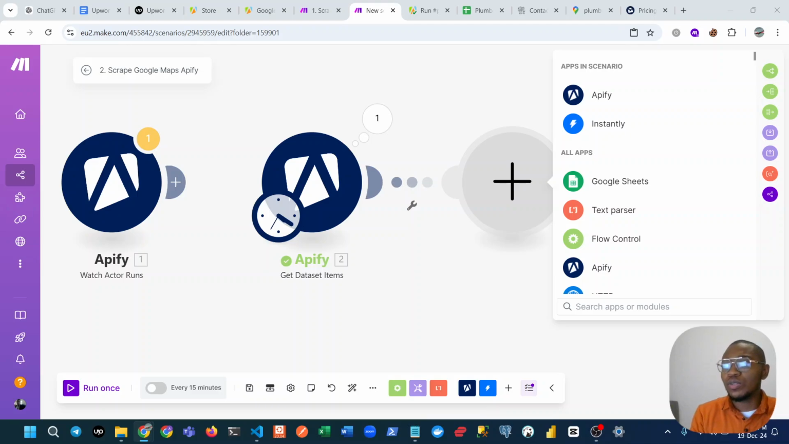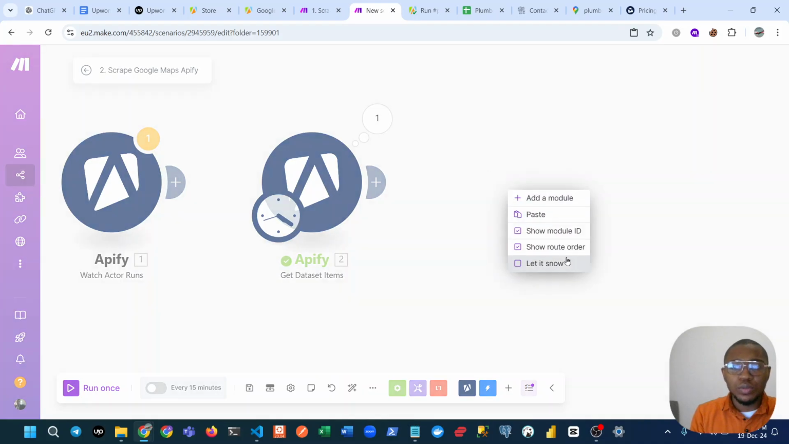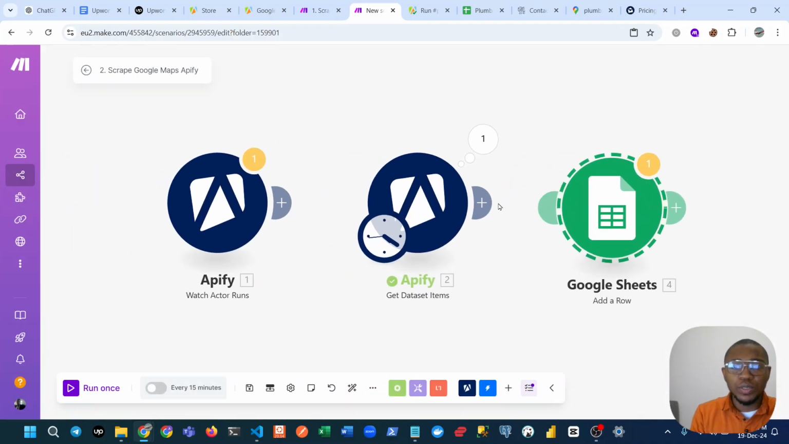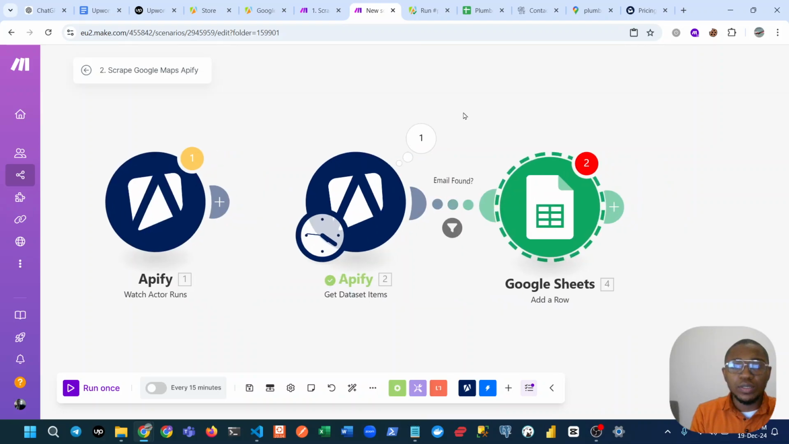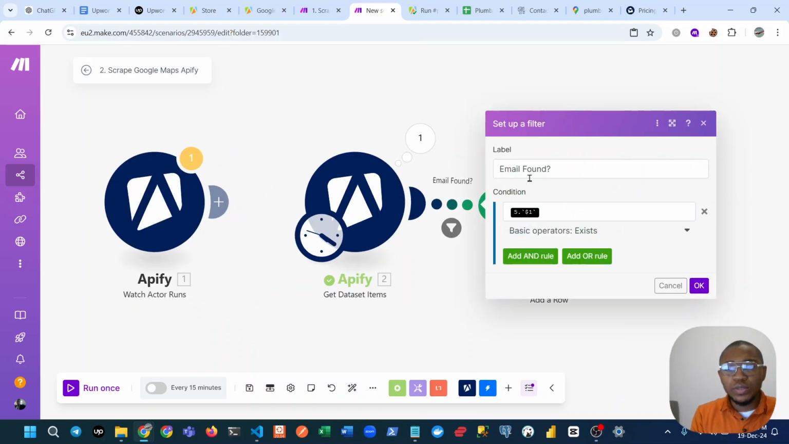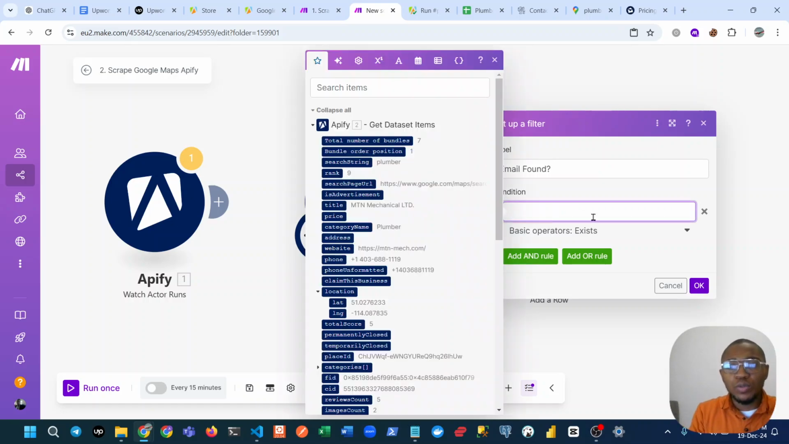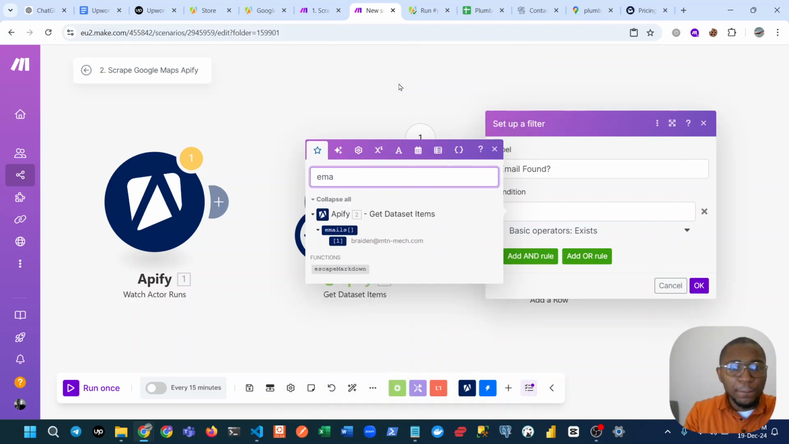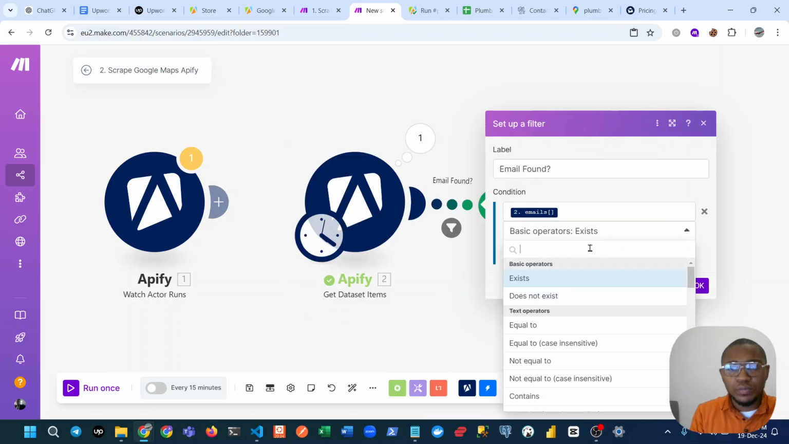So I want to save it to Google Sheets, right? So let me just copy module, paste module. So yeah, this is my Google Sheet. So if the email is found, I want to save it. So we have an email field here, right? Oh, it's actually a list. So I could do if email, since we are doing an array function,